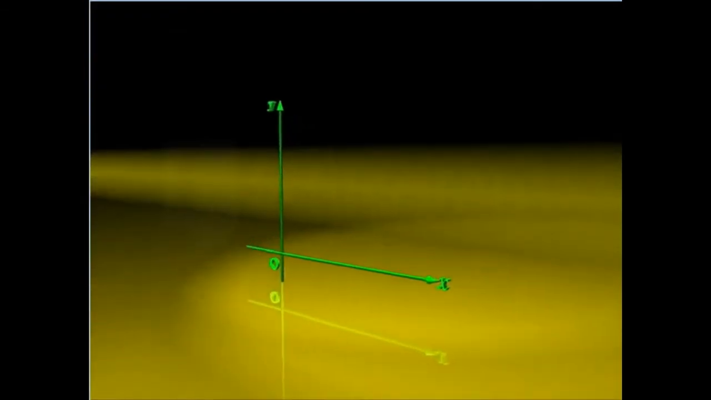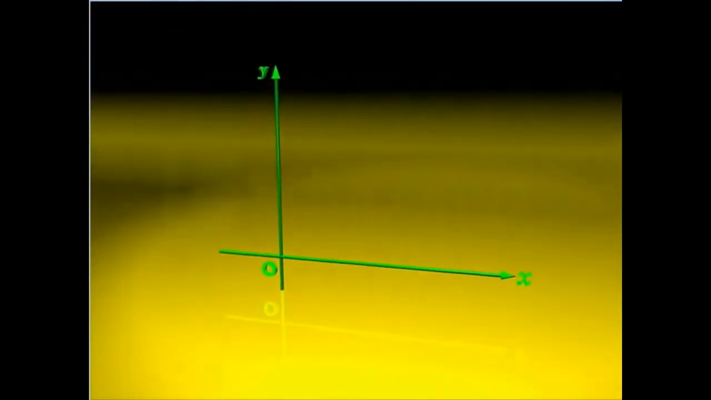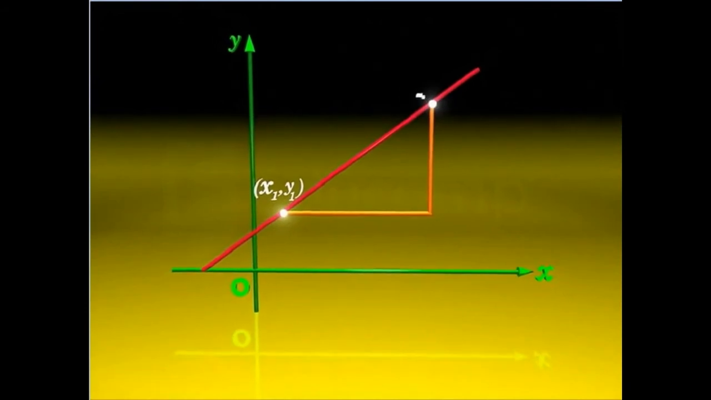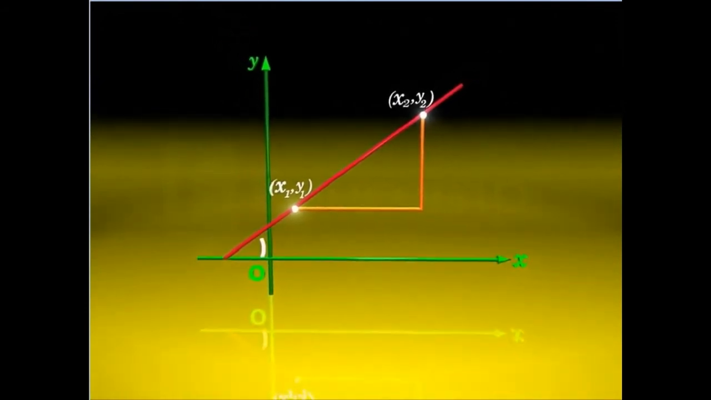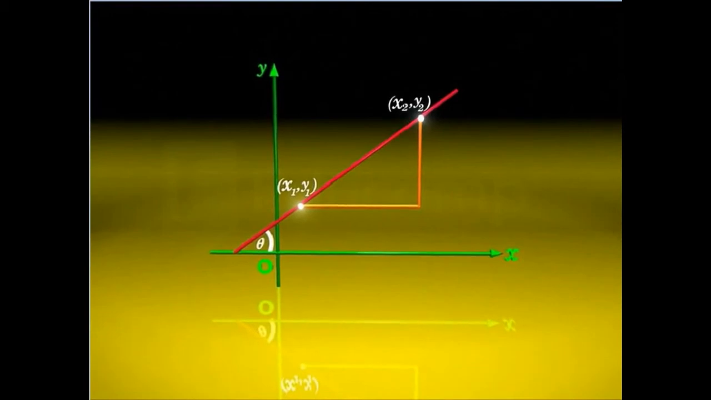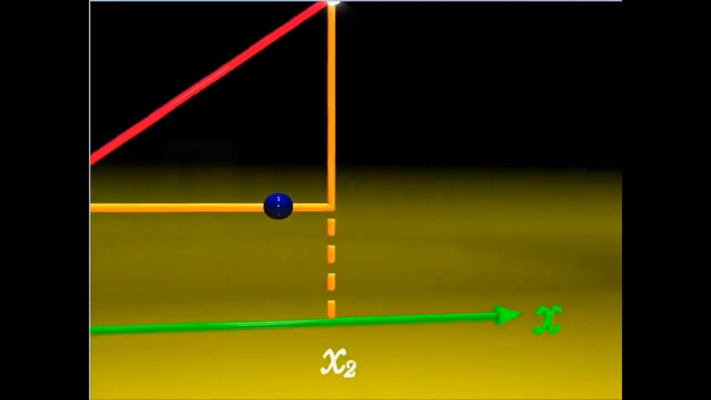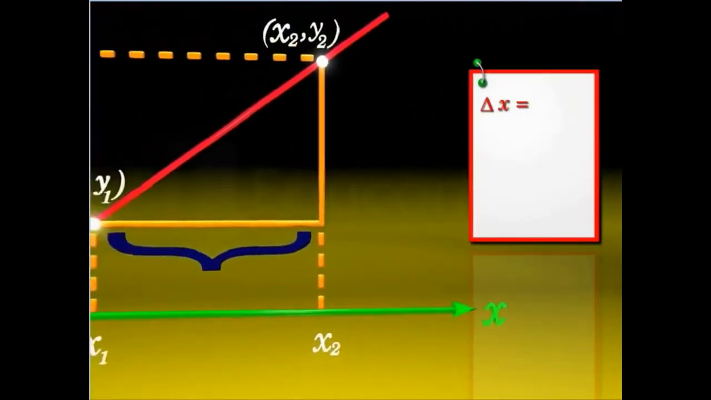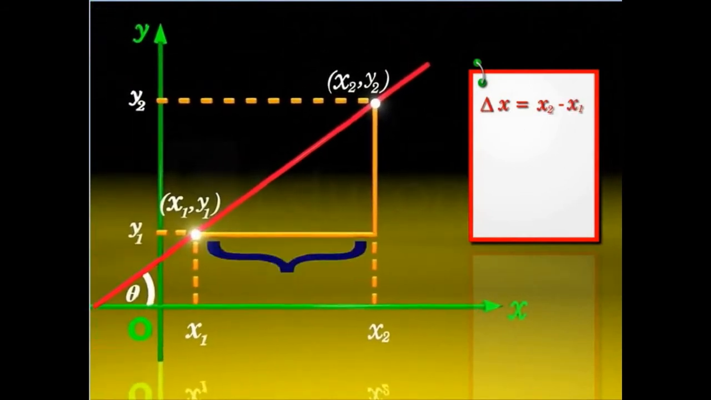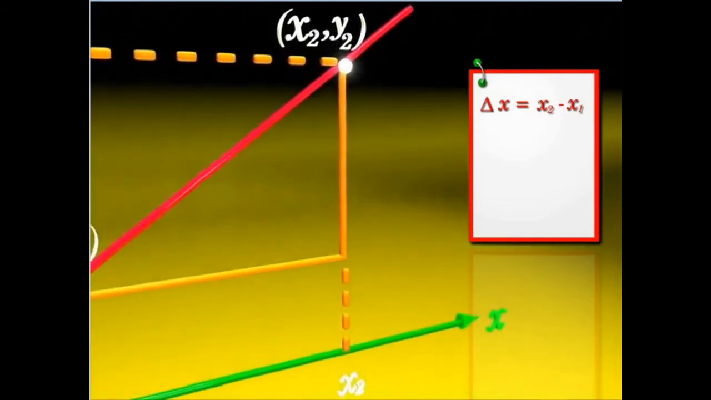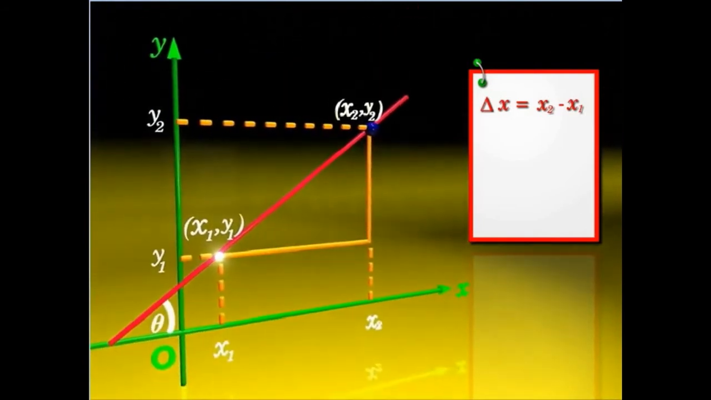Now, to derive the formula for the slope of a line in a Cartesian plane, consider a straight line joining the points x1, y1 and x2, y2, making an angle theta with x-axis. Now imagine that we run from x1 to x2. The change in x would be x2 minus x1. Next, referring to the y coordinates, when we climb up from point y1 to y2, the change in y will